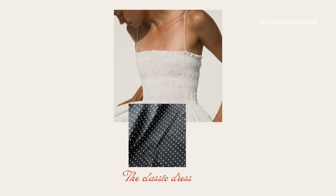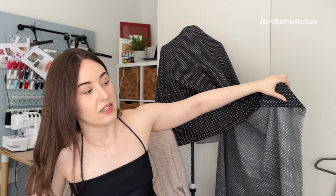Well, if we look at the inspo board that we made last time, we have this beautiful sheared bodice right here. And we're gonna make a few sheared dresses in this destashing series, but today I want to go for something super classic, something that I can see myself wearing on a daily basis when it's hot like it is right now. So what I'm gonna do is, we have fabric here that is a stretch cotton, and it is